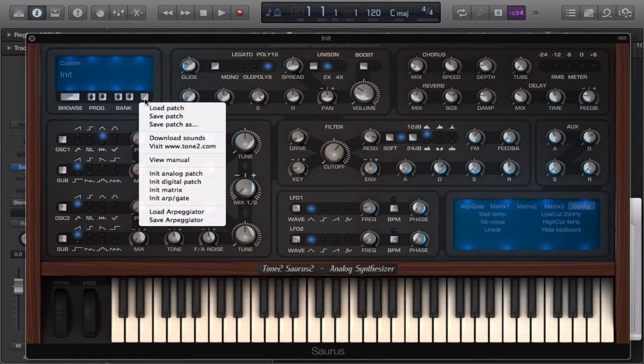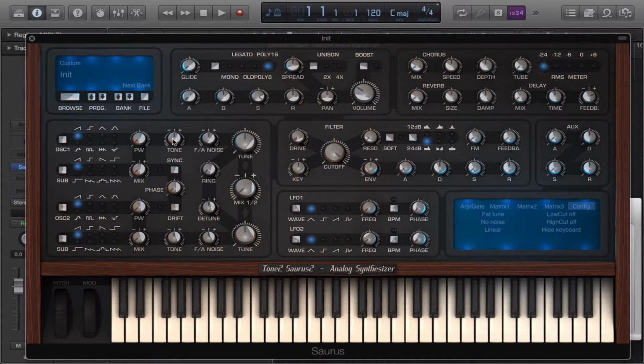So let's just create a patch with what I've taught you. So let's initialize digital, initialize our matrix. So we'll use a square wave, bring the tone up a little bit, and we're going to use 12 dB. We're going to bring up resonance a little bit, bring up the drive, bring this down, and we're also going to bring this down, a sub bass, and we're gonna